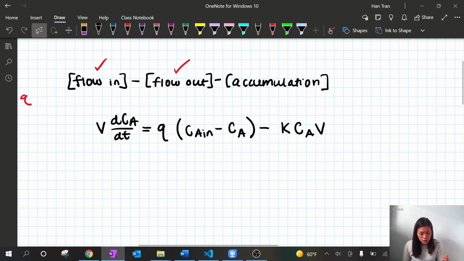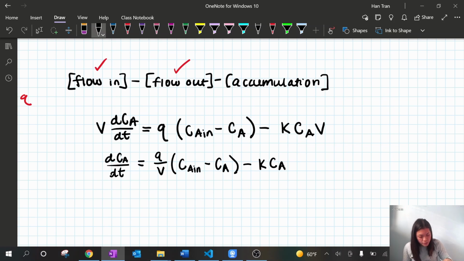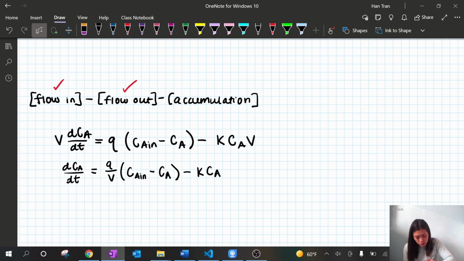On top of that, the concentration is based on volume, and so we have to make sure that we include volume. So now since volume is constant, we can divide both sides by volume, and that will leave us with just the differential equation of the change in concentration over the change in time is equal to the flow rate over the volume multiplied by the concentration going into the tank minus the concentration of the tank, minus the reaction rate multiplied by the concentration in the tank. And that is our differential equation